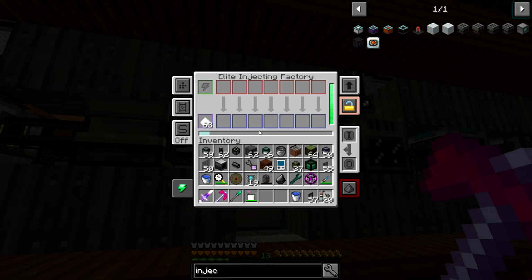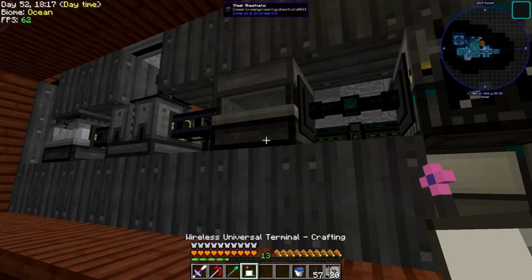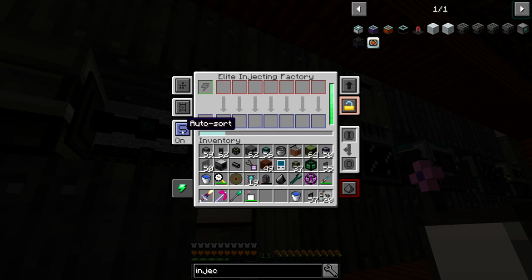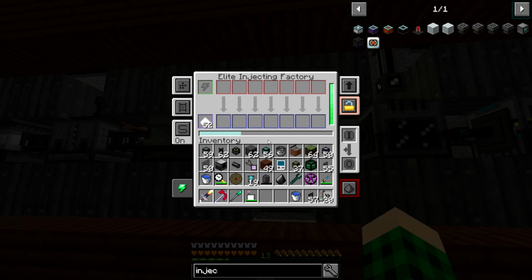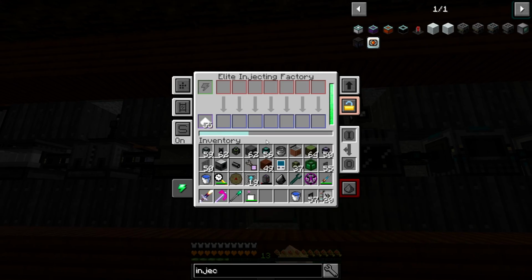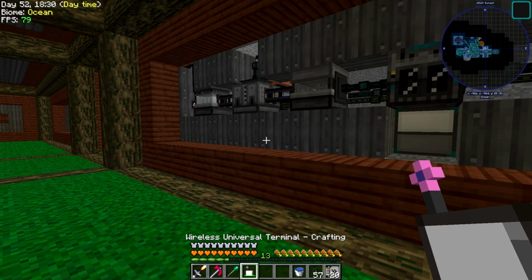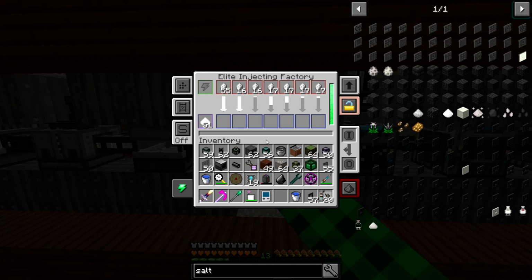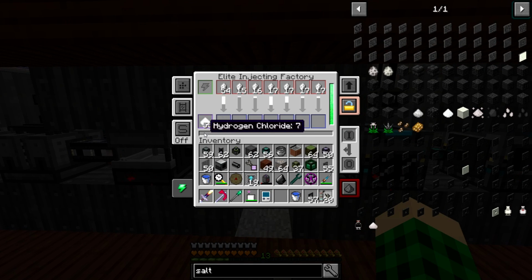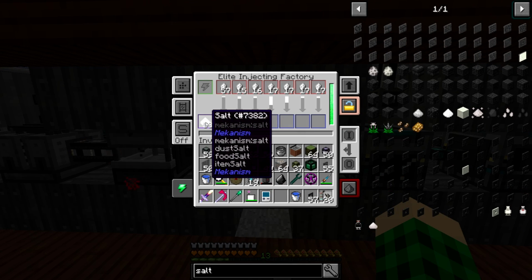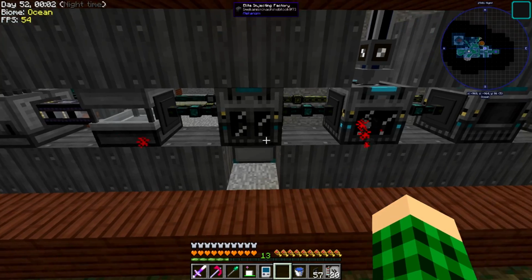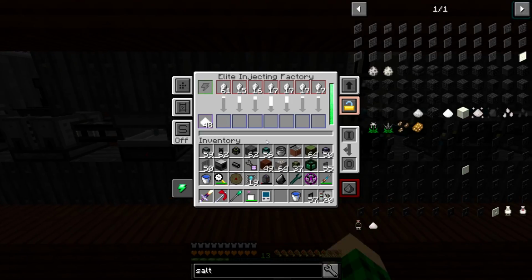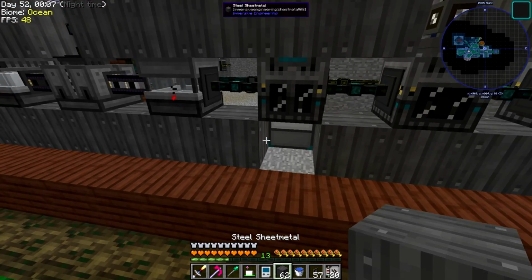There we go. Salt goes in. It gets put into the thing. We can then put auto sort on. And did I lose the crystals? I might have lost the crystals. Yeah. Okay, let me go grab some more iron. Okay, now that I have the factories, we're struggling on the machine trying to import salt. Instead of just doing a stack at a time and trying to import salt, and this is again the bottleneck. So I think I'm gonna end the episode here, but we're gonna try possibly on stream, because there's a